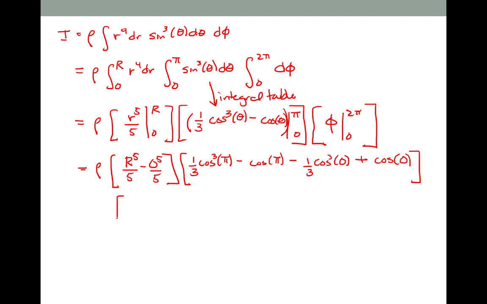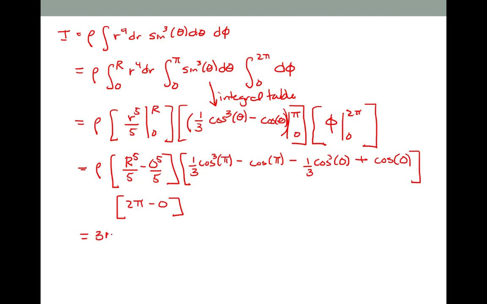And then multiplying all of this, we have 2 pi minus 0. Simplifying, this gives me the density, which I'm now going to plug in as what we had on the previous slide,